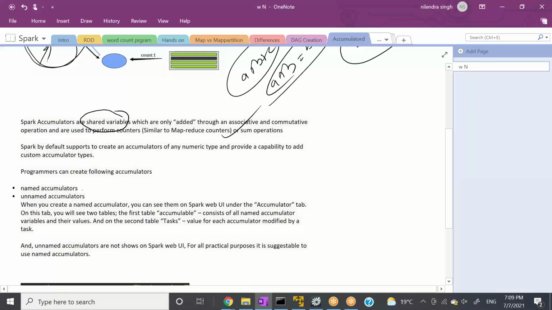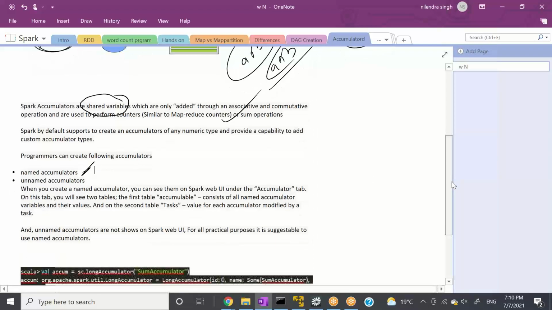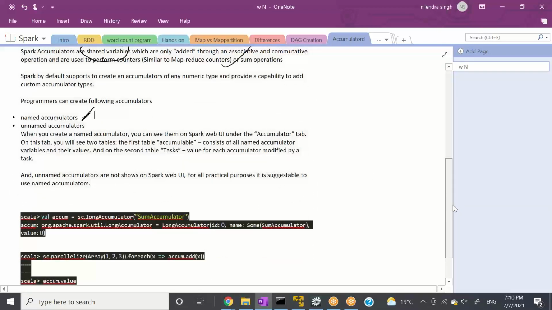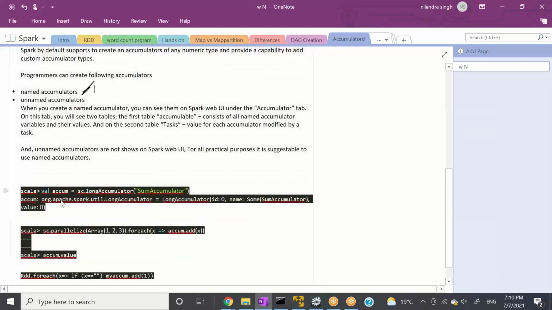If we want to give a name to the accumulator, we use a named accumulator. When you create a named accumulator, you can see the name on the Spark UI. I'll show it to you in 2 minutes. When you create an unnamed accumulator, you won't see a name. So let's see quickly.